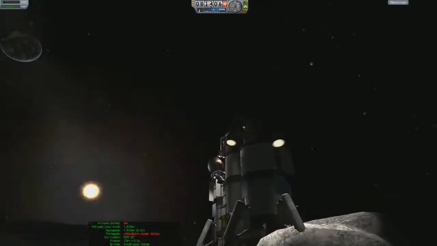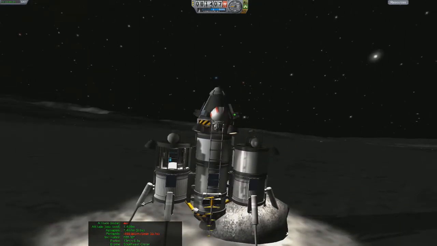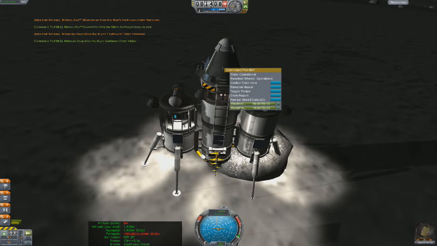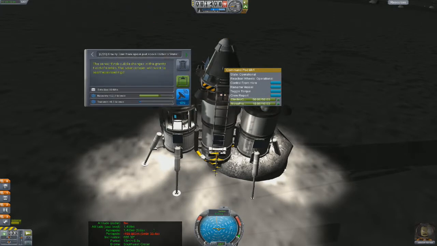Nice little landing spot. Nice shot of Kerbin in the sun. And we can board. Now, we have 25 stored experiments. So let's go through here and get rid of the ones that give us 100 science just for...